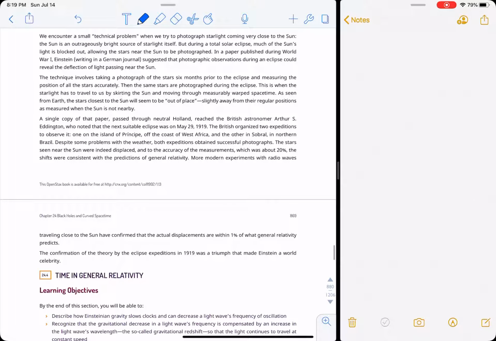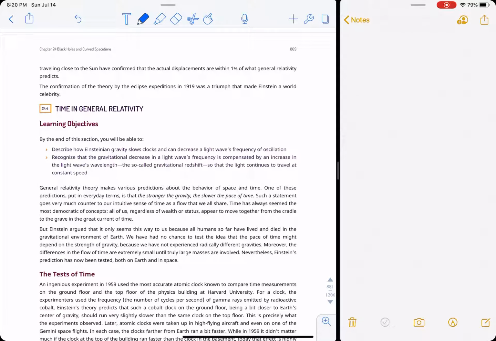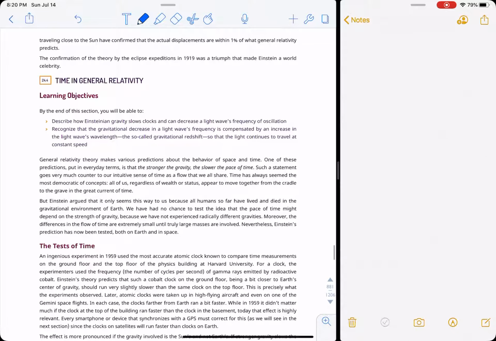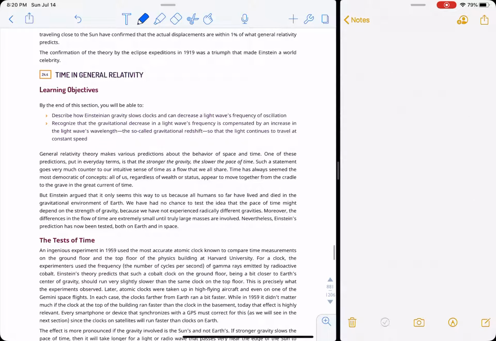There's the GPS system that uses relativity to keep track of time. Time ticks slower near the surface of the Earth than it does out in space where the GPS satellites are. So they constantly have to be resyncing with the clocks on Earth to make sure that they stay in time with each other and with us on the ground, with our watches on the ground. So that's another application of relativity. Okay, so this 1919 eclipse was a big deal, and that made Einstein super famous.